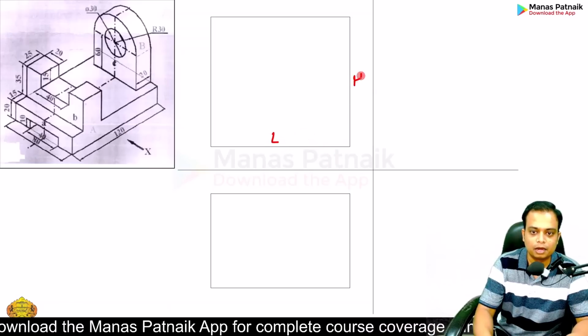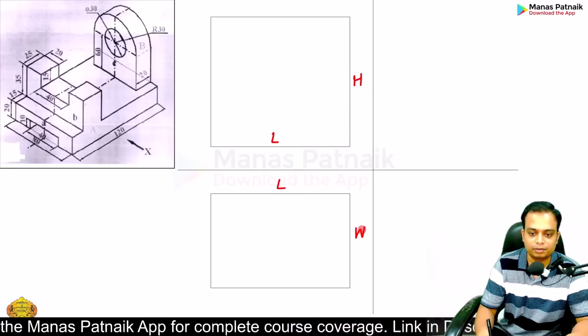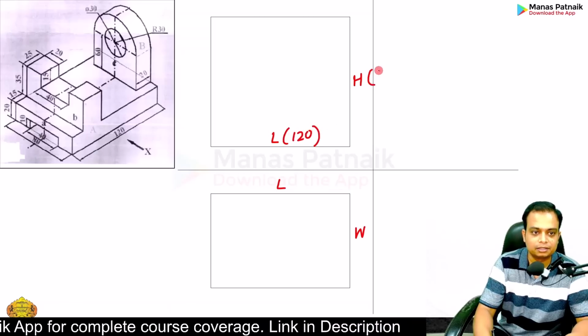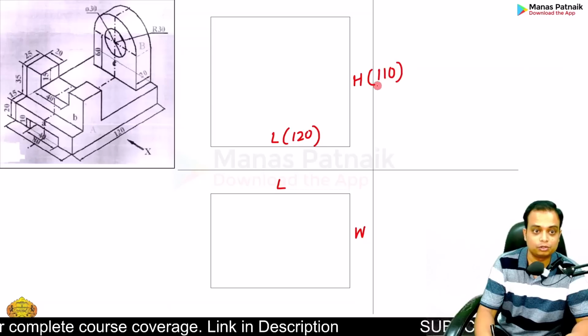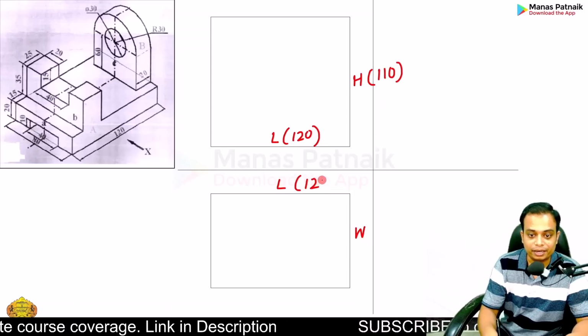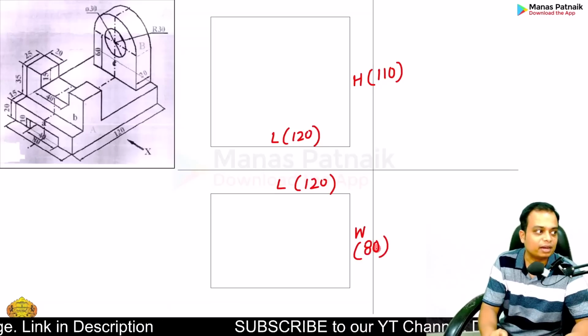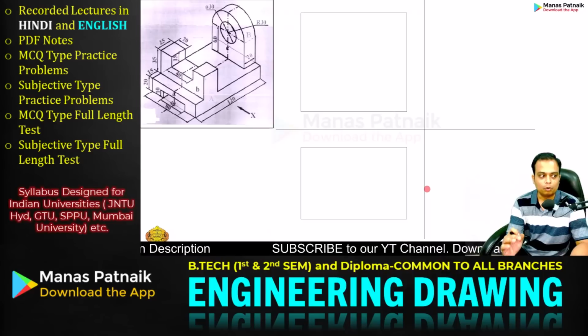Once again: length, height, length, width. Length is, sir, 120. Height is, sir, 110 to be precise. Length 120, and this is 80. I hope I have made myself absolutely clear. Now what you need to do is